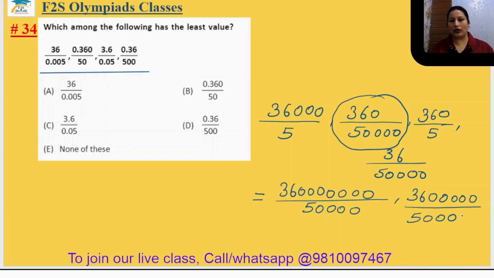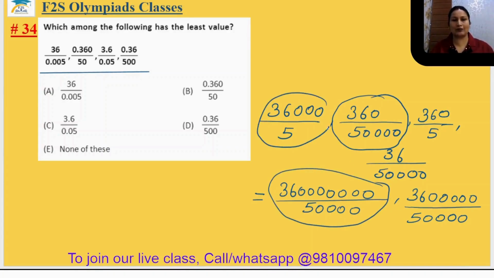And now we have made all the fractions with the same denominator. And if we have all the fractions with the same denominator, we can see which one is the biggest. This one is the biggest. Okay, D. Why? Because they are asking for the least value. This is the biggest one and this is the smallest one. 34th answer, option D.